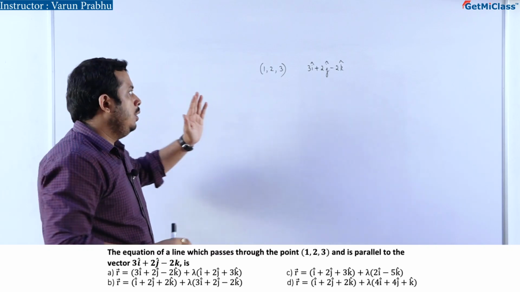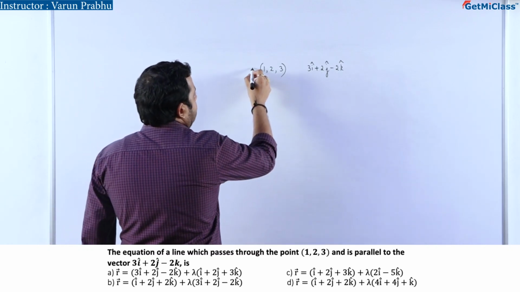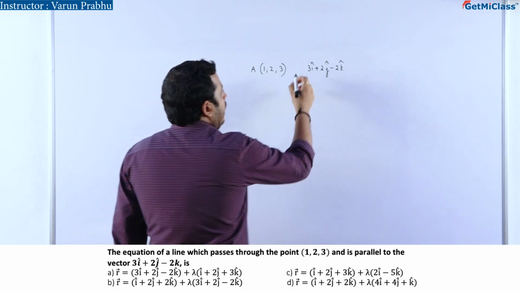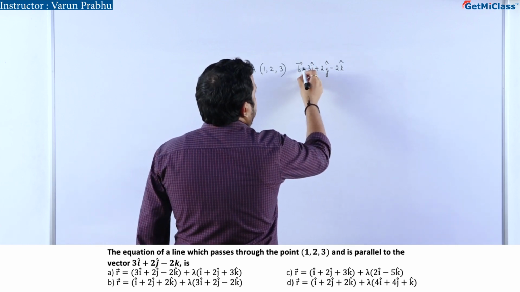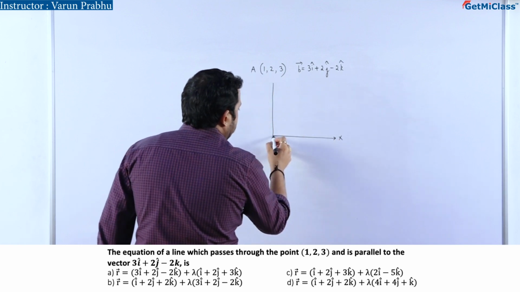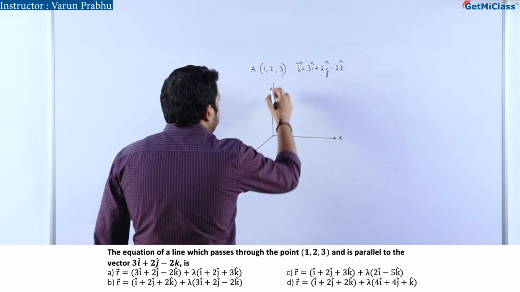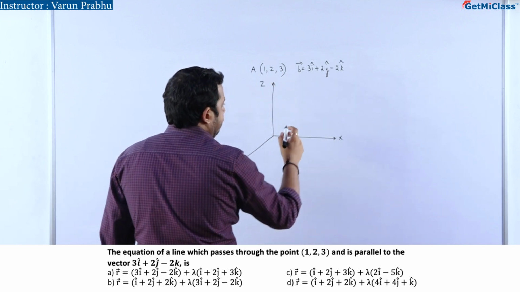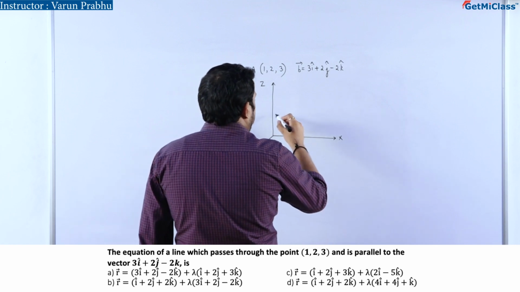The question is asking, what is the equation of the line which is passing through this point and parallel to this vector? So how do you try to sketch this? If I consider this is the x-axis, this is the y-axis, and this is the z-axis, there is a line